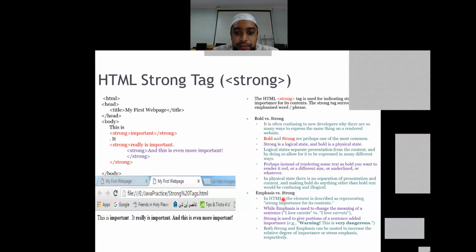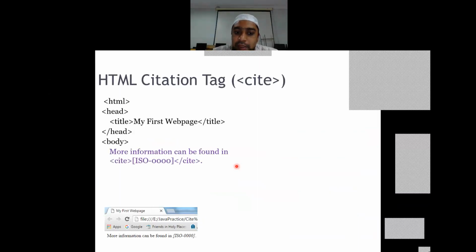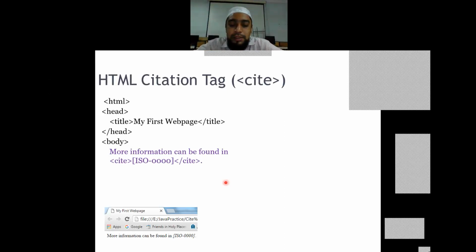Then, coming to the next slide, we have the citation tag. The citation tag is very simple. If I want to put some data which has been acquired from an external source, then I can mention from where I have taken that data as a reference.